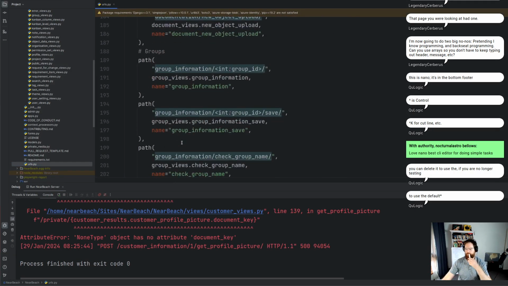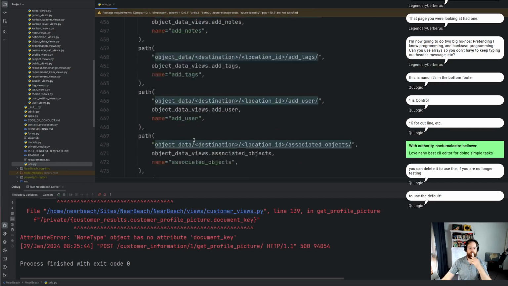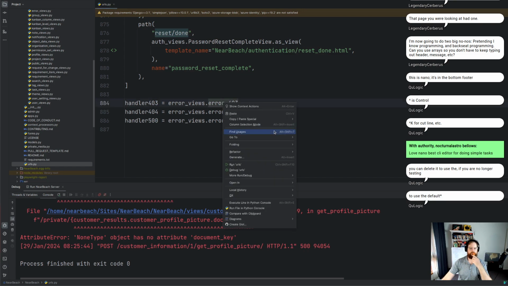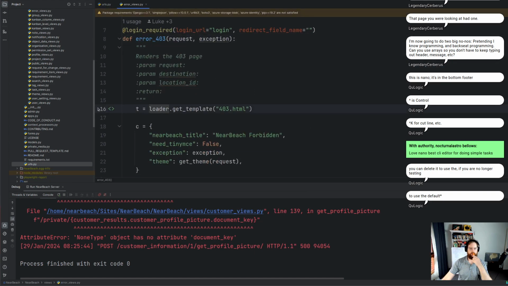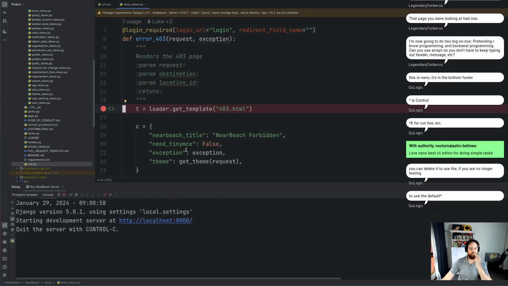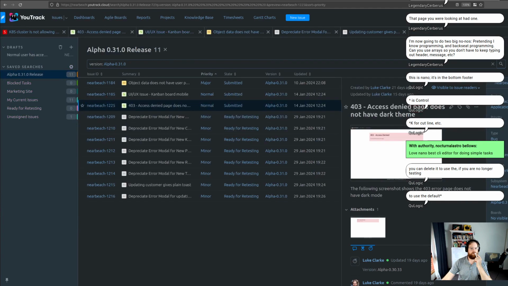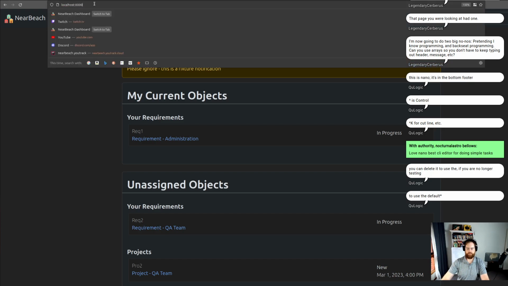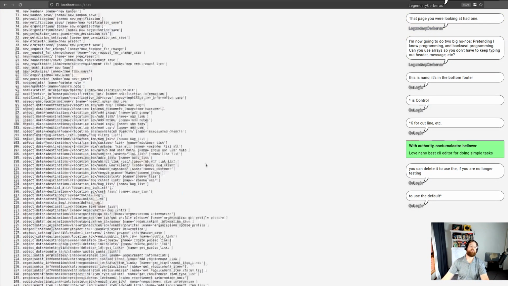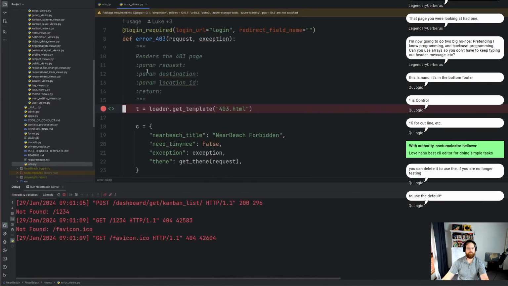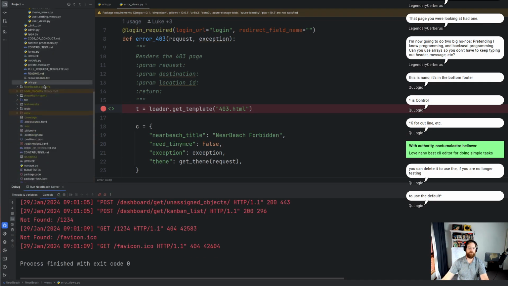URLs. Scrolling all the way down. Alright, and then if I do this, let's go to localhost. It's doing the 404. If I stop that for a moment,